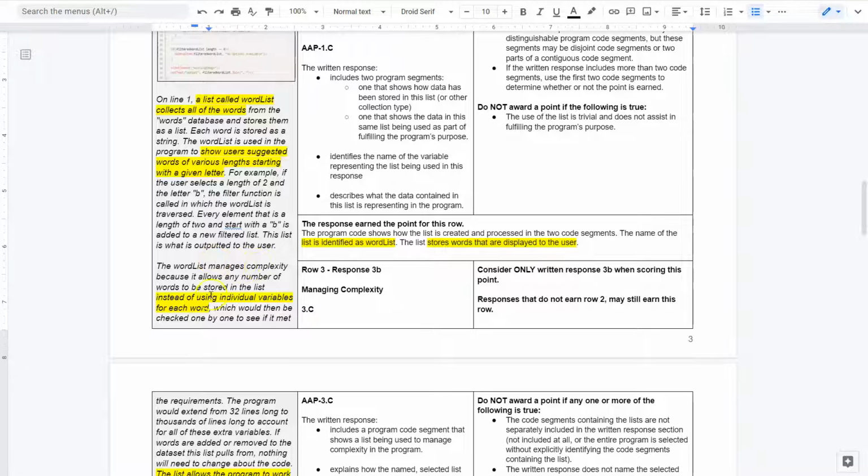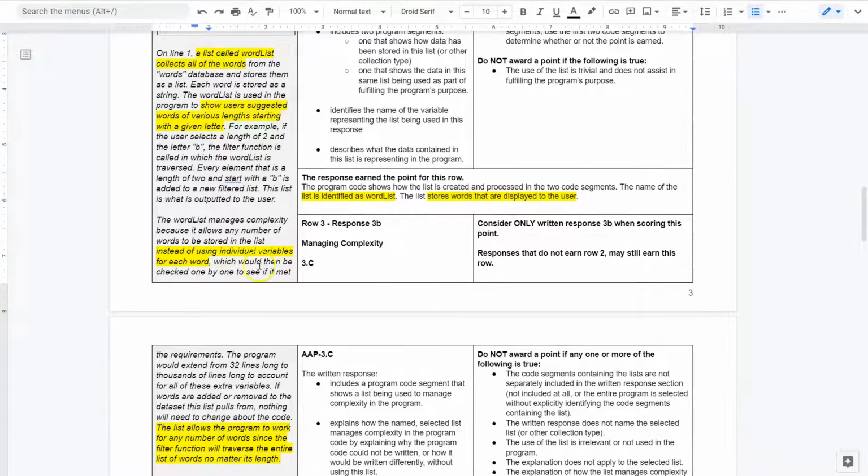The word list manages complexity because it allows any number of words to be stored in the list. Yet think how difficult, frustrating, labor-intensive it would be if you needed a variable for everything, instead of using individual variables for each word. So your project, of course, will be different than this, but that's going to be universally applicable almost. As long as you have a list, if you're saving something or inputting data or appending data to that list, wow, that is so much easier than creating 30 variables just to save or 50 variables to save states' names. So that's a great idea to write,